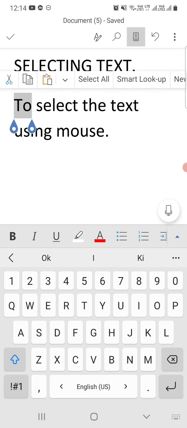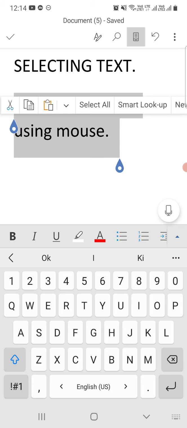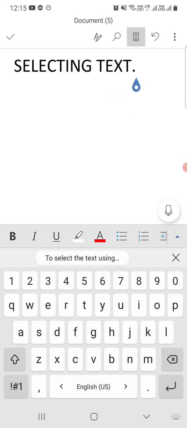Okay, for that you have to select the whole text, then it will show you the cut, copy, paste option. The scissor like symbol is for cut option, the middle one is for copy option, and the clipboard sign is for paste option. So if you want to cut the text, click on that scissor like symbol. Now you can see the text is no more here, the text is cut off.